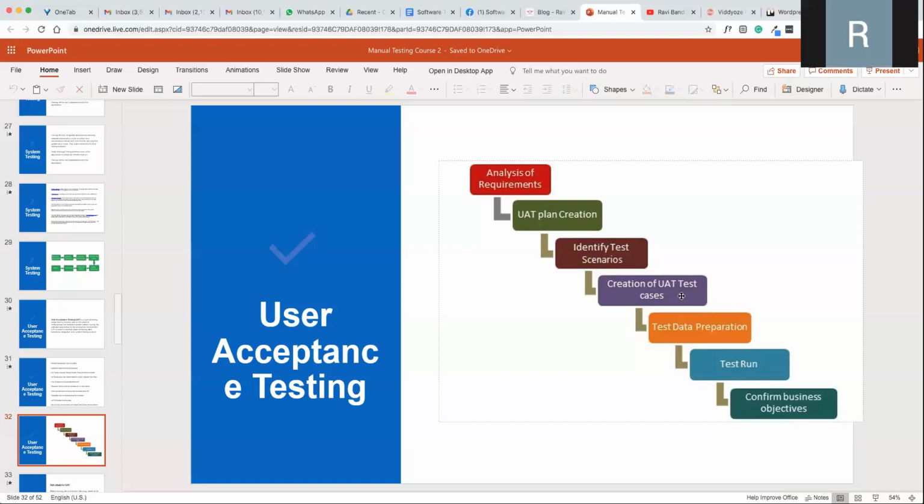Basically, the status of the test cases, which one is passed, which one is failed, and whether there are any other new issues during UAT. It's a summary of what is executed and what is passed and what is failed. That is a test run.